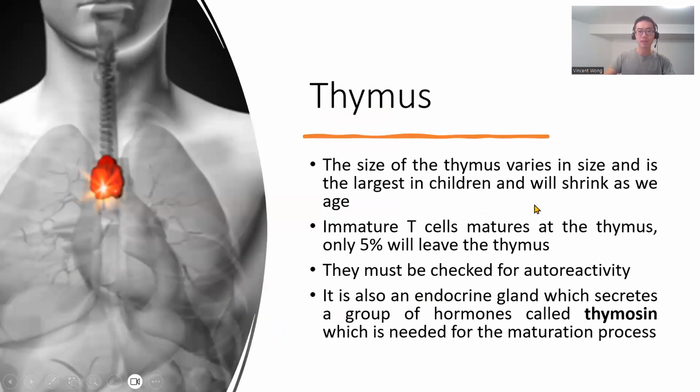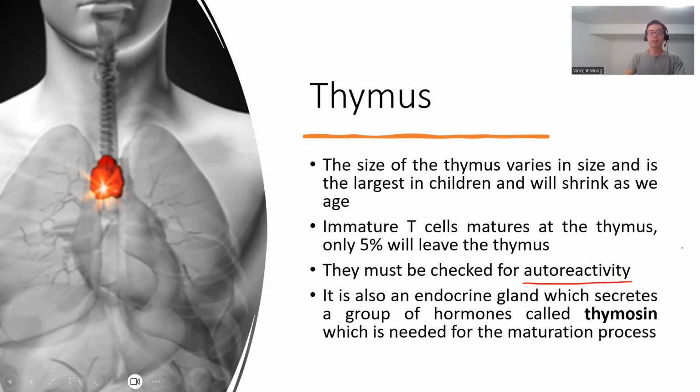Thymus. The size of the thymus is going to shrink as we get older, and that perhaps is one of the reasons why our immunity is not as good when we get older. The T cells that are made in the bone marrow have to go to the thymus to mature. And when I say mature, they get activated. We'll talk about how that happens later. But they also have to take a test. The test is called the